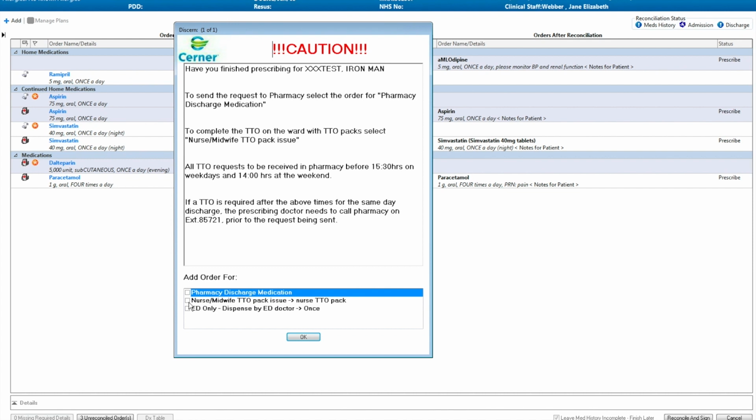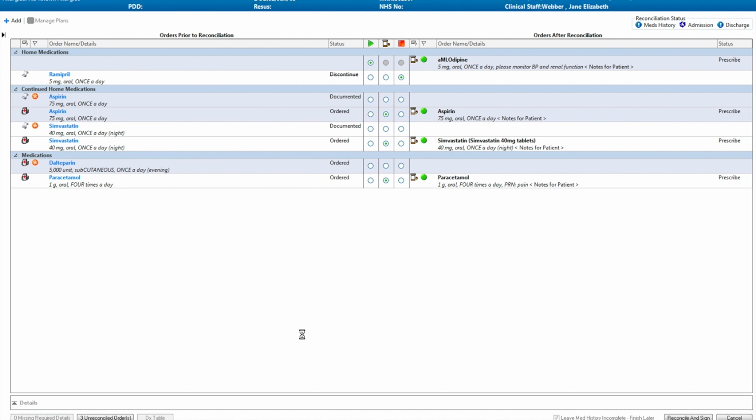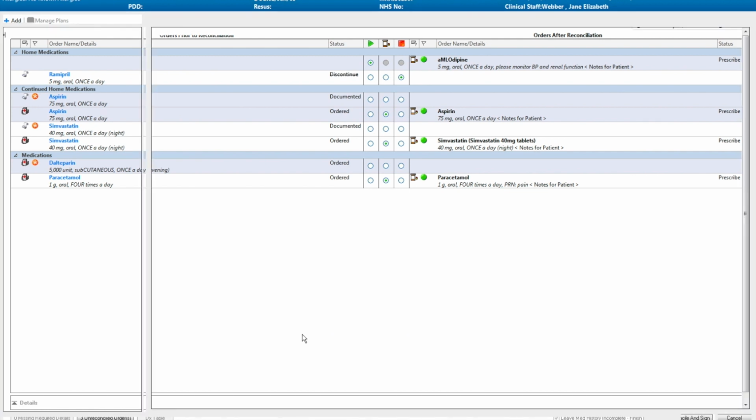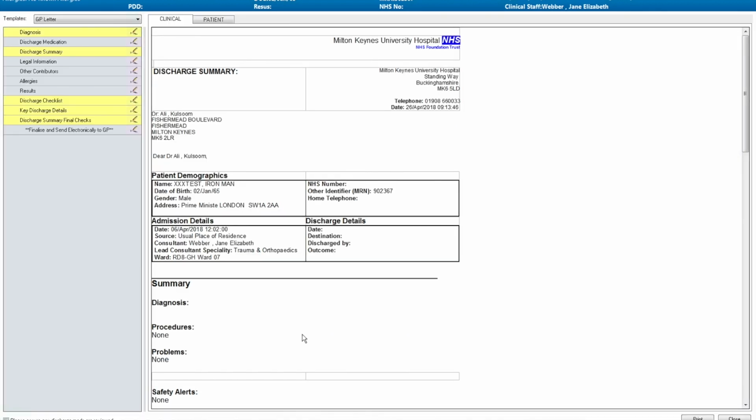Alternatives, if I'm prescribing a TTO pack to be dispensed by the nurses or midwives, I would tick here. Or if this is a prescription to be dispensed in the emergency department, here. If I've not completed it yet, I can simply say OK. And just to show you what that now looks like on the discharge summary,